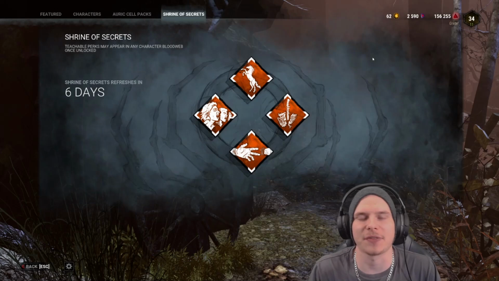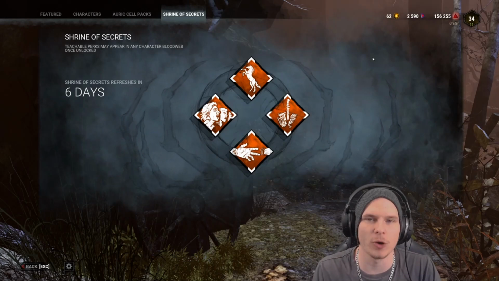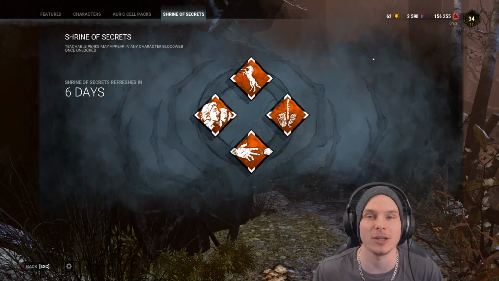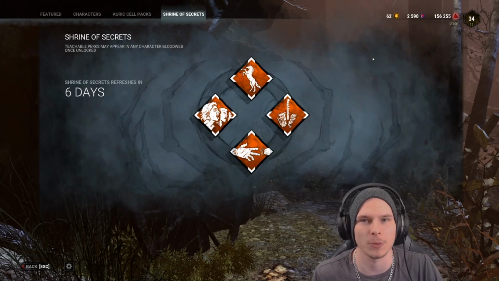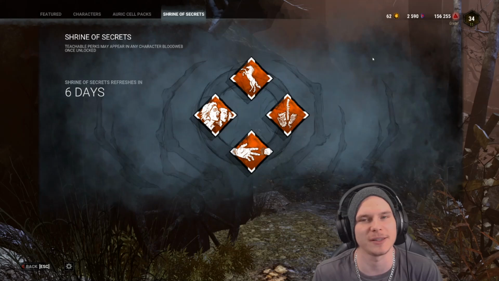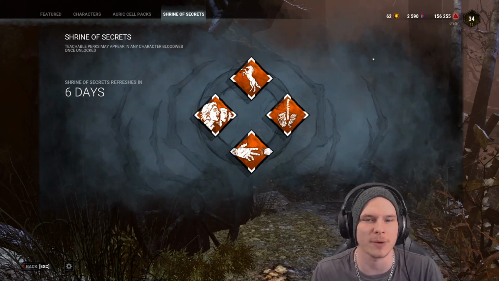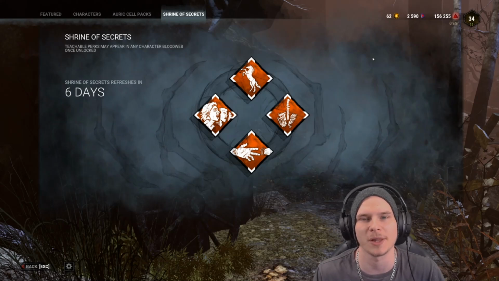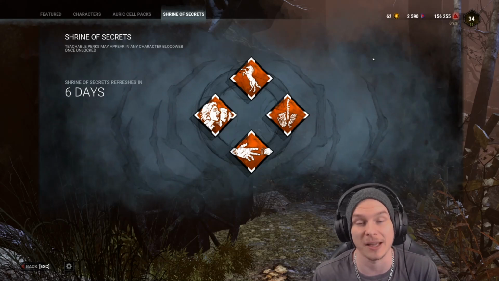Today we're going to be looking at the shrine yet again. Now, as you guys know, Behavior did release a 1-perk shrine, which actually came out yesterday. You're going to be able to see it in my previous video, and it was Calm Spirits. I believe that was for a little bit of an April Fool's. If you look at the shrine right now, you can see it resets in 6 days. Therefore, I believe it'll be going back to normal, and the shrine will reset yet again in normal time